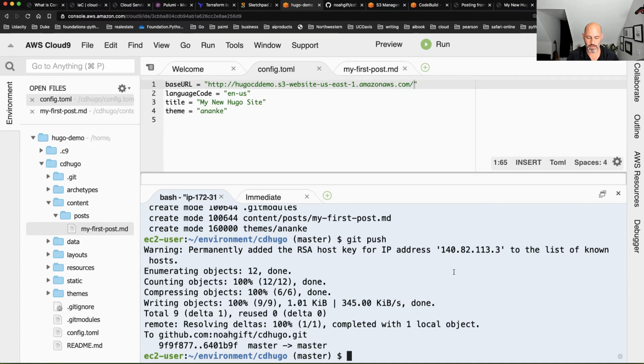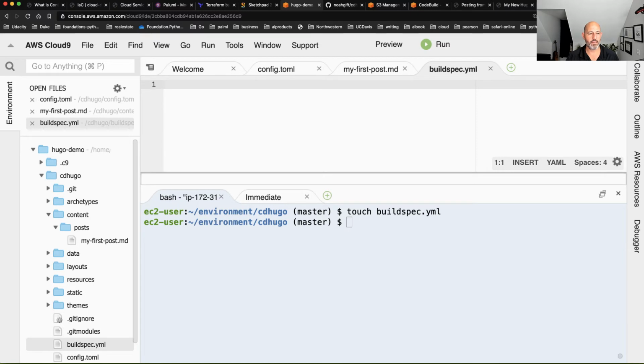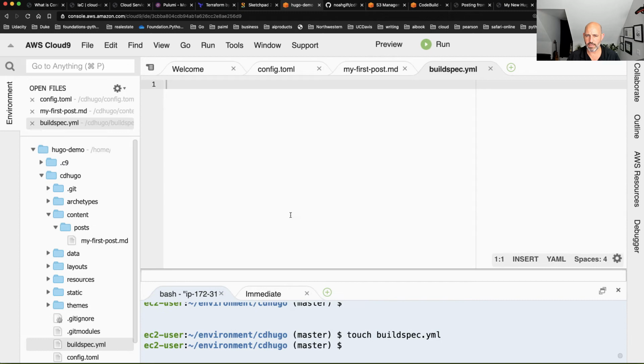So I'll go ahead and I'll just say touch buildspec.yaml. So create this infrastructure as code, and then I can double click on it, and I can basically mimic something that I've got in here, which should look close to this. We'll tweak it a little bit.